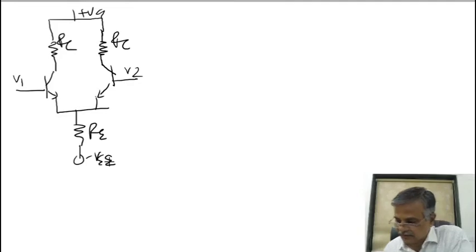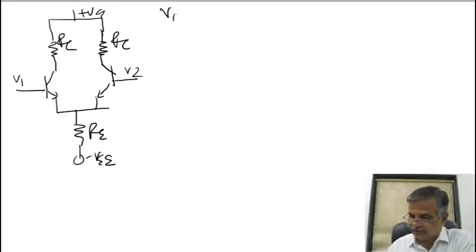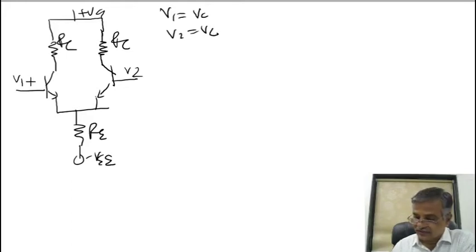Look here at what I am telling you. We have written V1 is equal to Vc and V2 is equal to Vc. So what does it mean? Whatever input voltage increases here, the same amount of input voltage increases there. So this current IC1 and this current IC2 will be equal. Remember, here IC1 is flowing, here IC2. So both will be equal. So the current flowing through this is nothing but 2IC.